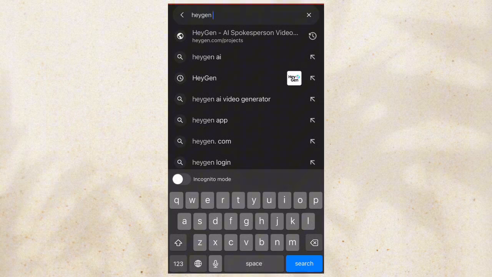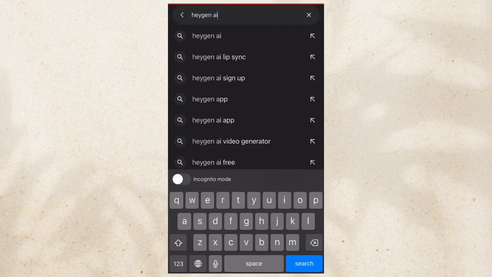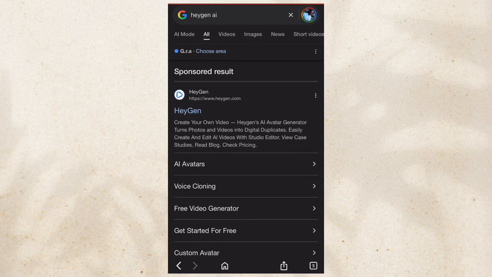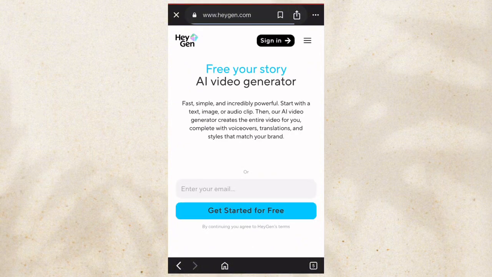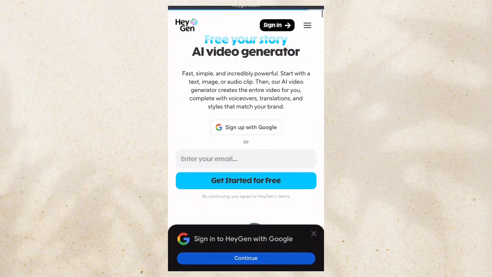Just go to your browser and type HeyGen AI, and this app is absolutely free. When you type HeyGen AI, it will bring you to this interface. Then you pick this first one. After that, it will bring you to this place where you can see get started for free.